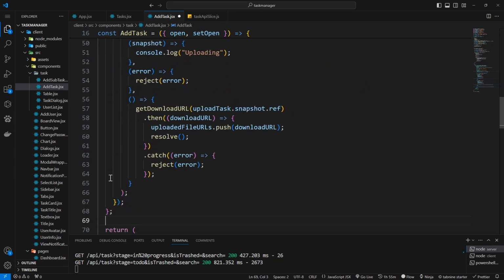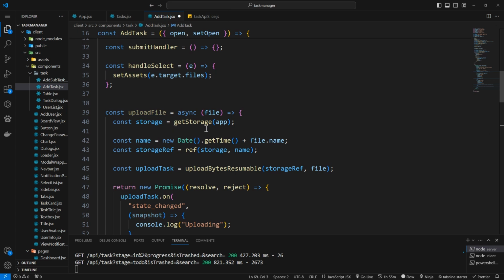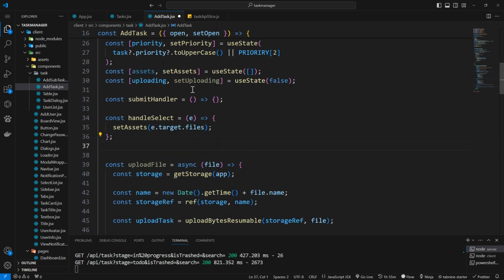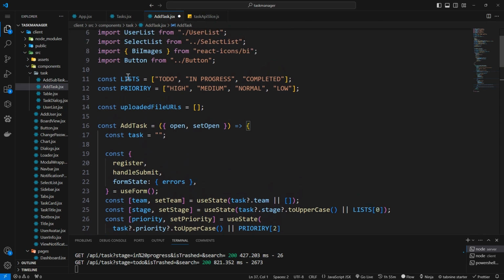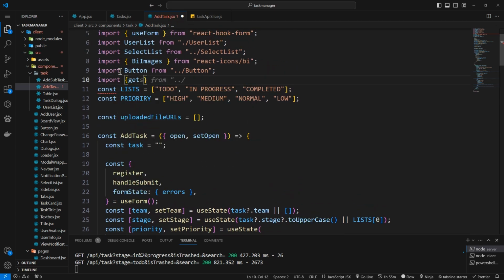Let's go over it. It's coming from Firebase documentation. So I need to get get storage, all of this. Great. So I'm going to import get storage